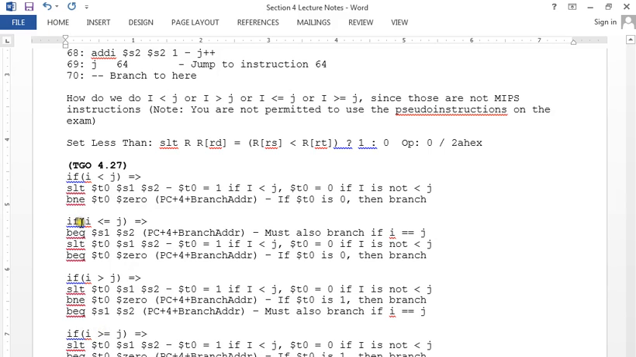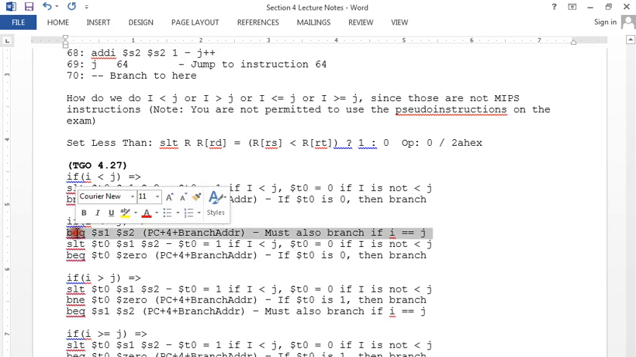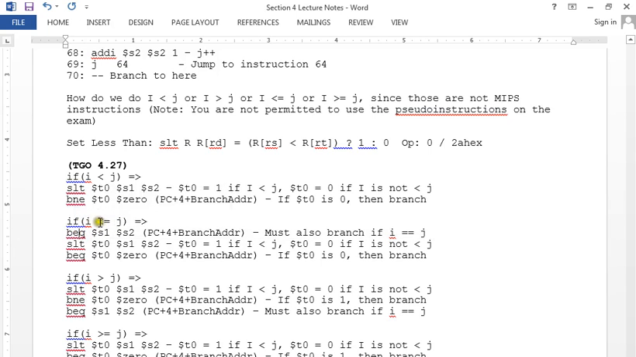Okay, so what if I is less than or equal to J? Well, first and foremost, if I is equal to J, then we definitely want to branch. What? Oh my gosh, I hate this. I is less than J. Okay, so the first thing, we want to branch if I is equal to J, we do not want to branch. So if I is not equal to